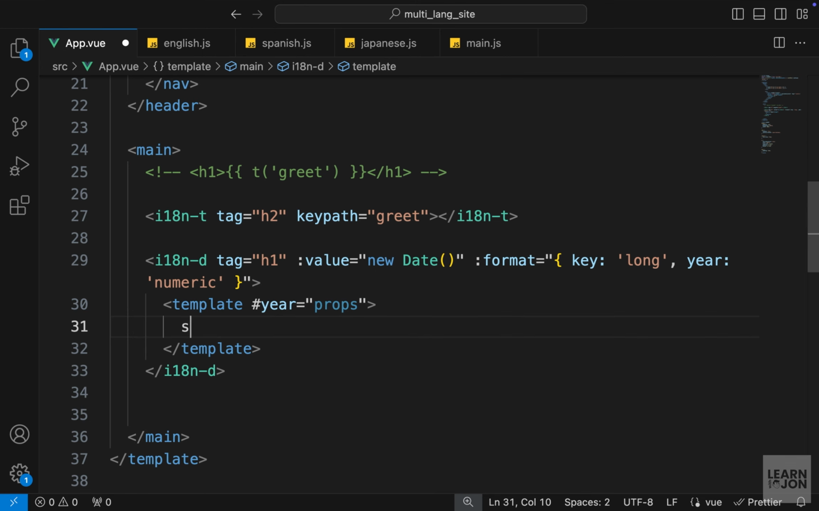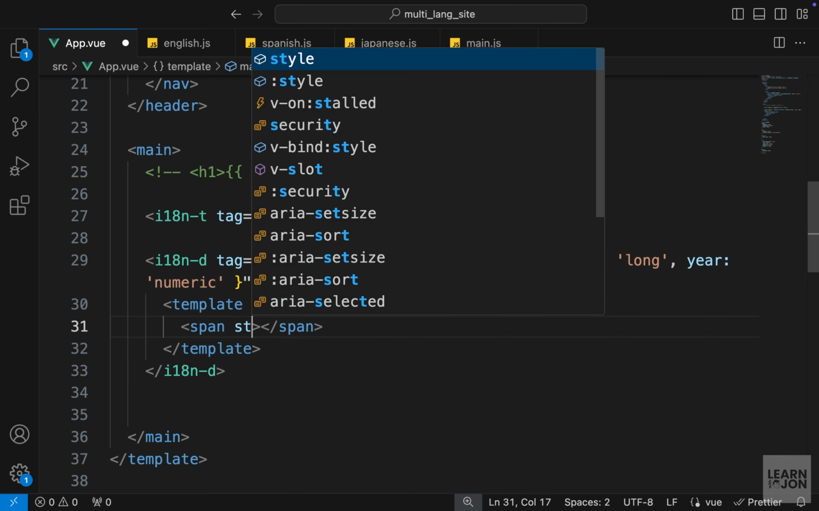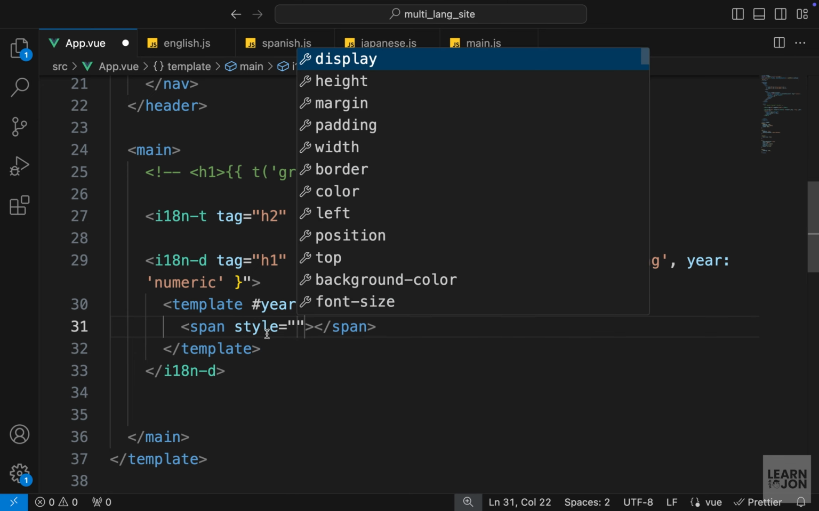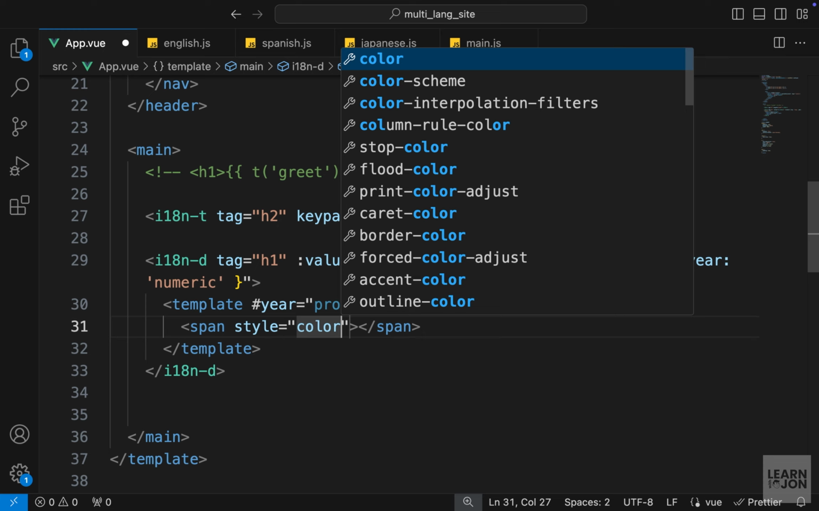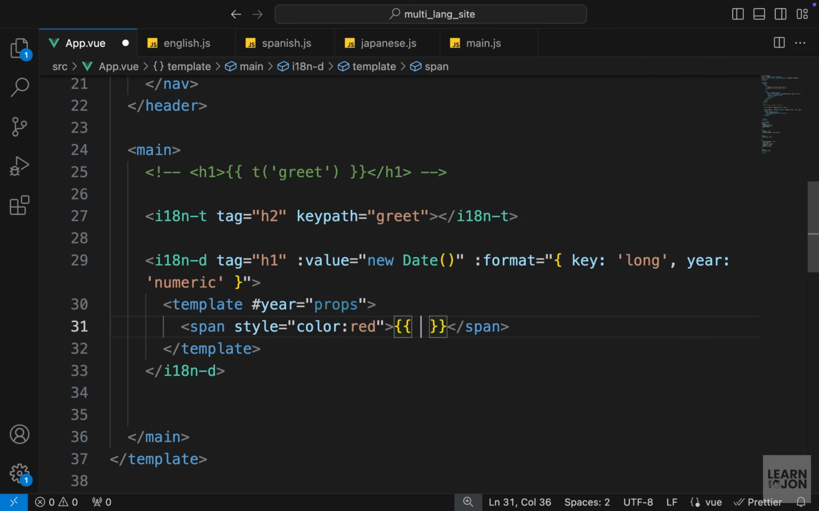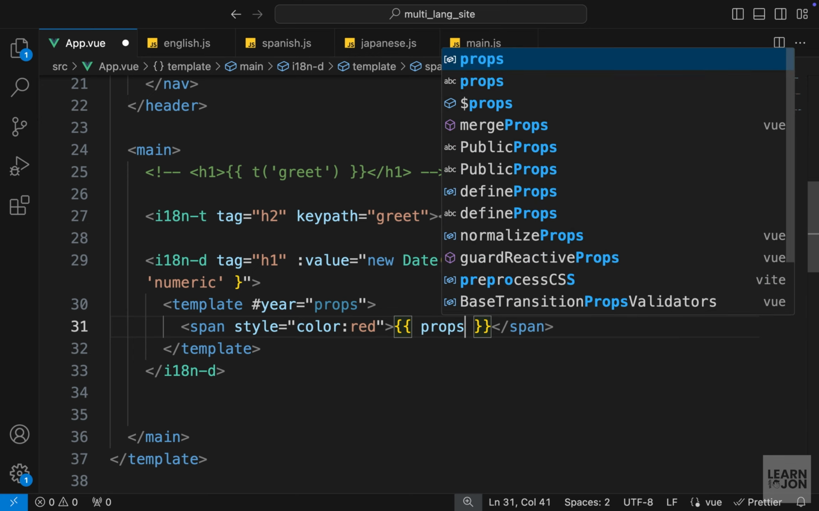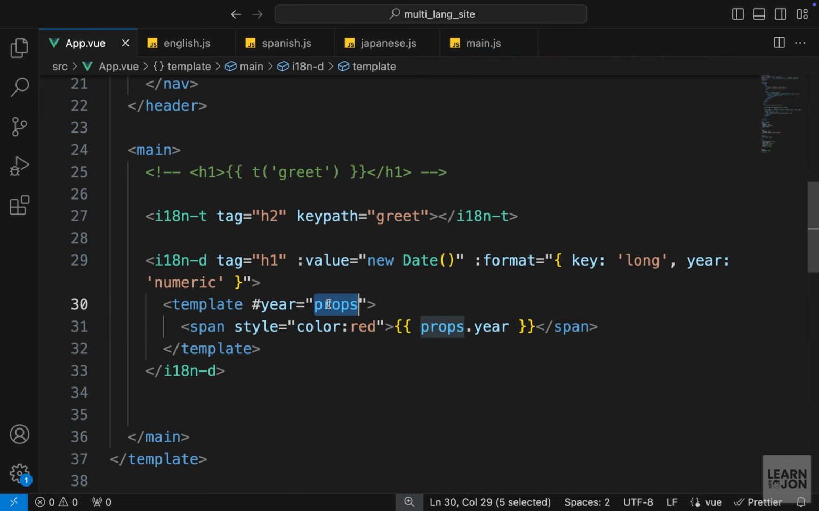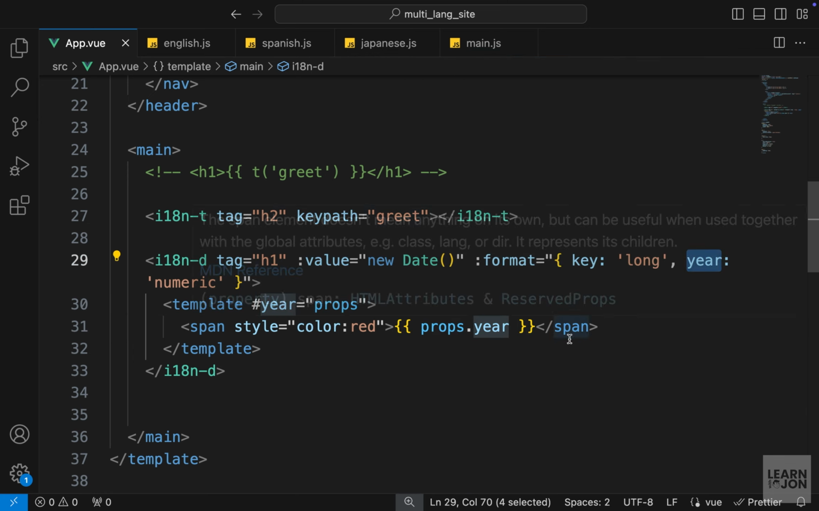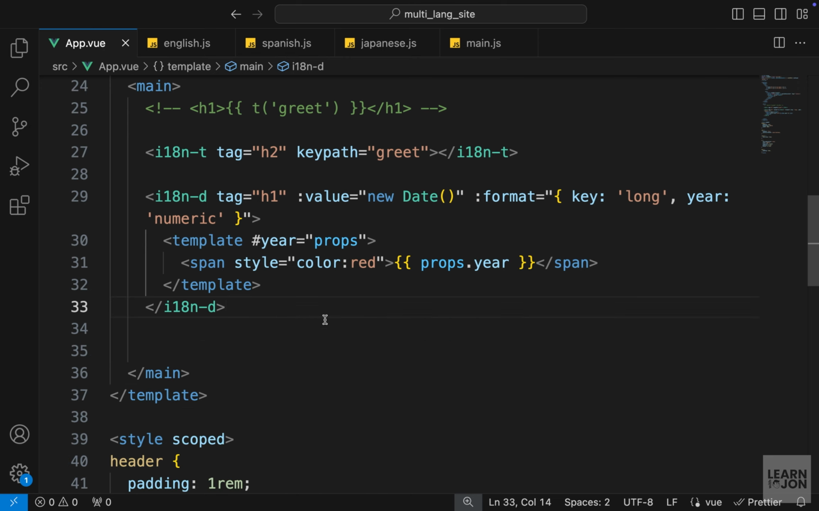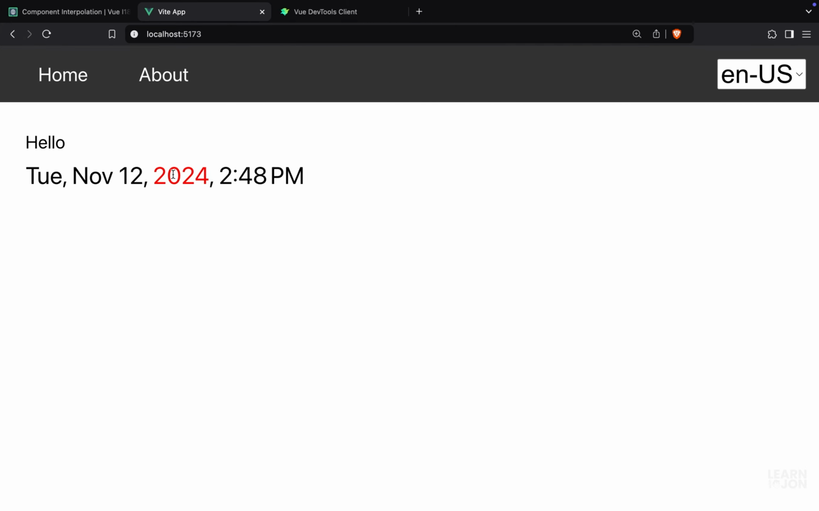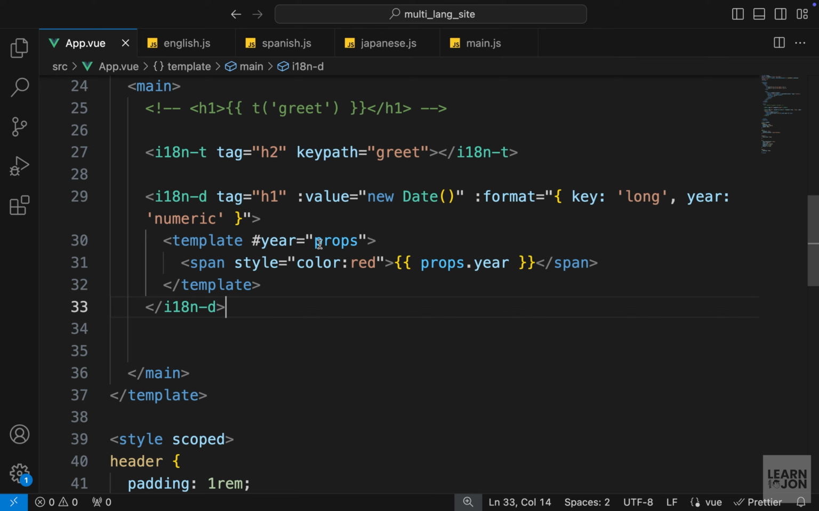Now within the template, we can have a span and apply our styles here. So this could be any CSS. I'm just using inline style, and I will set the color to red. Now the content of this span is going to be props.year. This props right here, and the year property we have in the new date. Back to our website, you can see the date is now red,